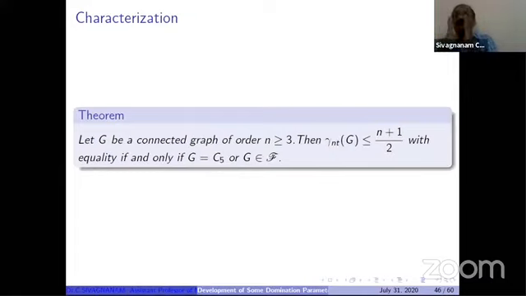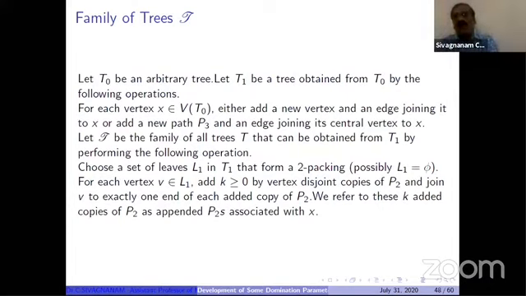Let T naught be one arbitrary tree; any tree you can take. From T naught, we get a new tree. How? In each and every vertex of T naught, we add a pendant vertex, adding one vertex adjacent to that vertex, or we add a path on 3 vertices, adding P3, where the center vertex of P3 joins. Anything we can do. We can add P3 at all the vertices, or a pendant vertex at all the vertices, no problem. Or one pendant vertex at one and P3 at another, no problem.